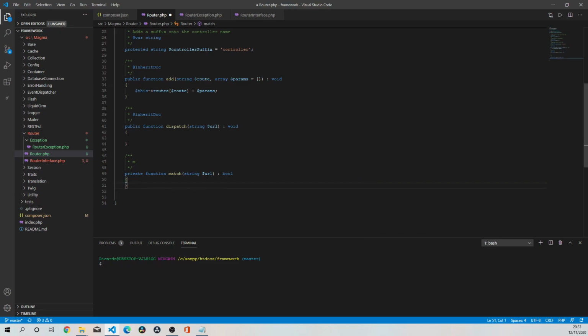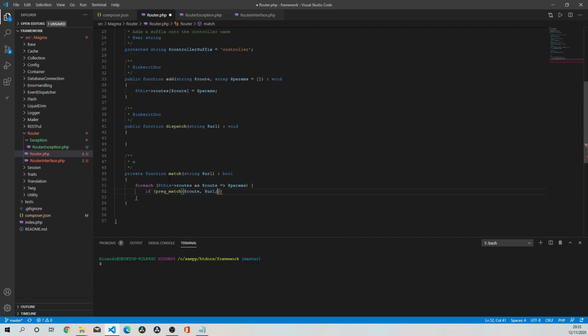So we're saying in our argument, match the incoming route to a route that we've got in our routing table, and if we find a match, we're going to assign the parameters. So we'll write foreach this route. Remember, this route is an array, so we can iterate over it. This route as route params. I'm going to use a regular expression to actually match our routes. So I'm going to say if preg_match